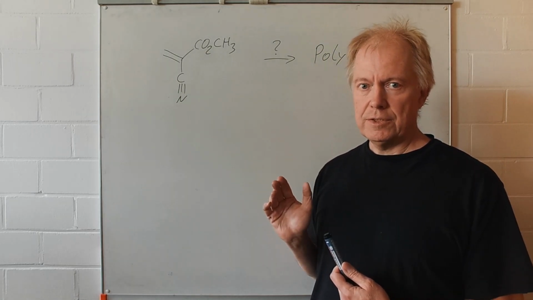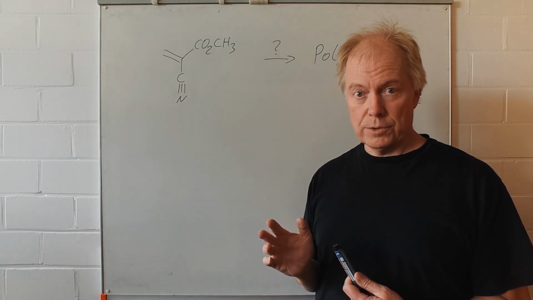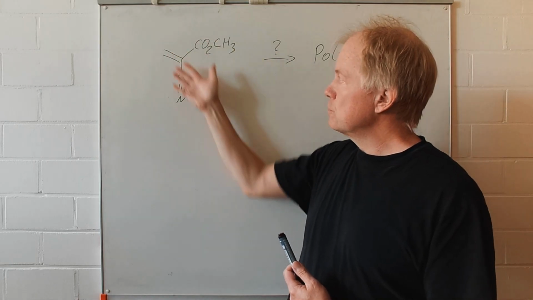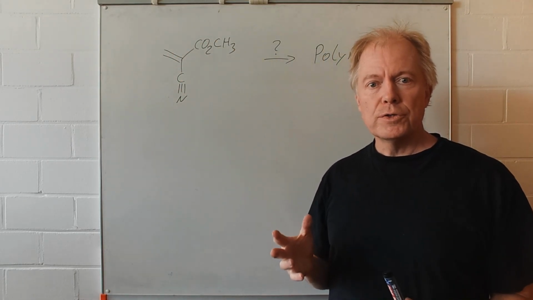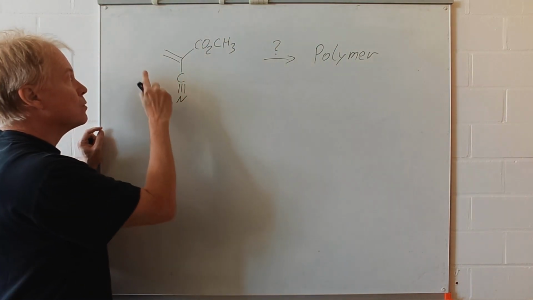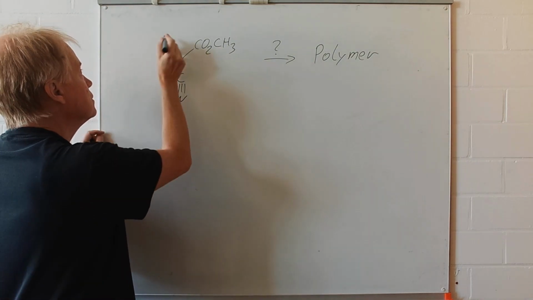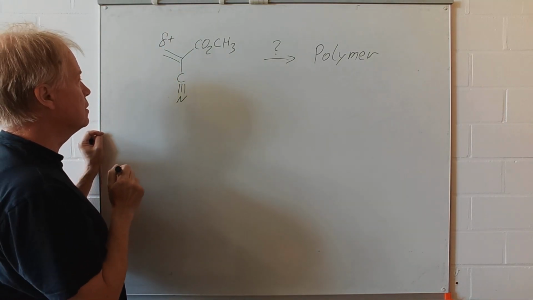In this case it's better to choose the anionic polymerization, since this molecule is highly electron demanding. We have, because of mesomeric interaction, a clear delta plus here,